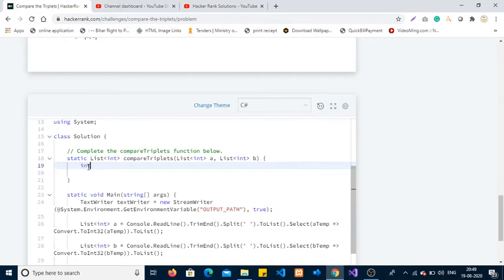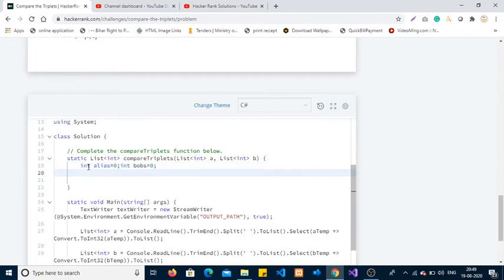So let me first declare two variables, integer Alice is equal to 0, integer Bob is equal to 0, both starting with the same marks.